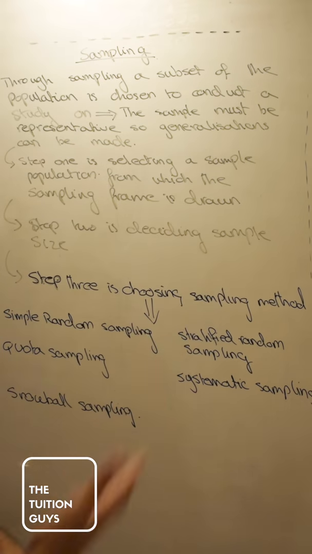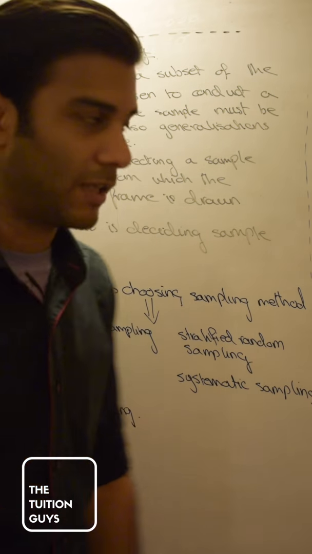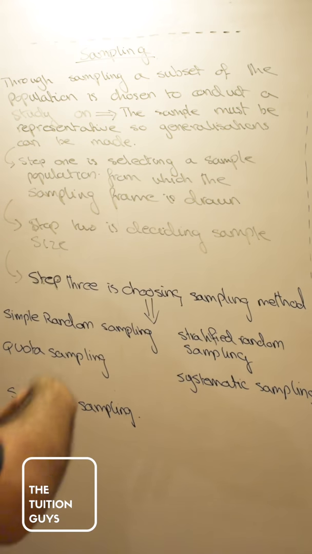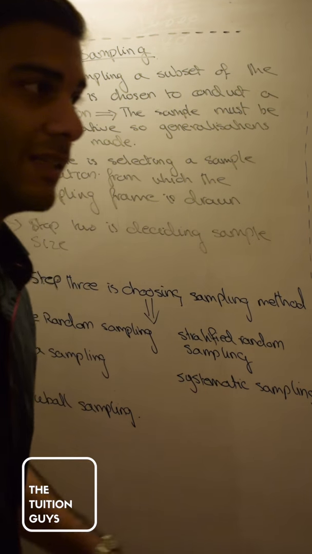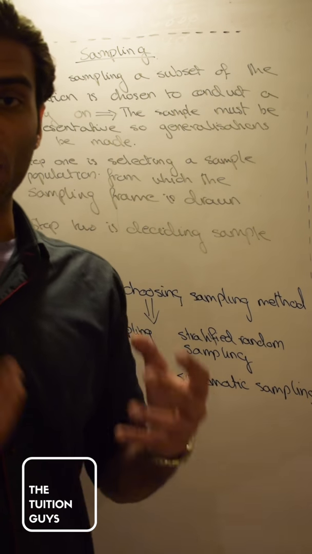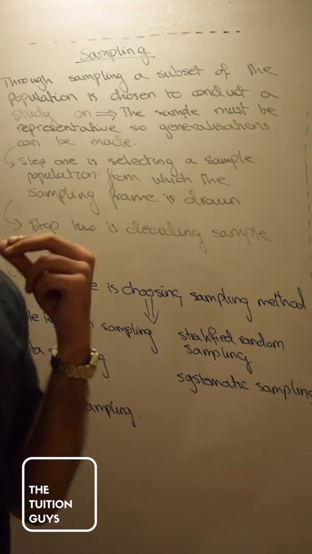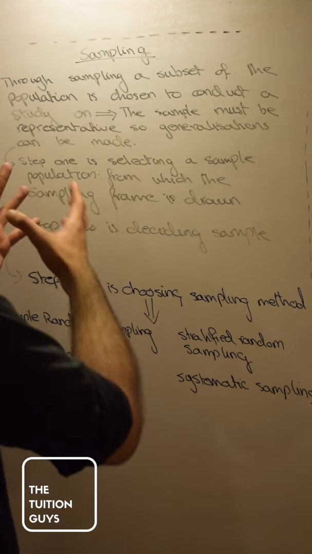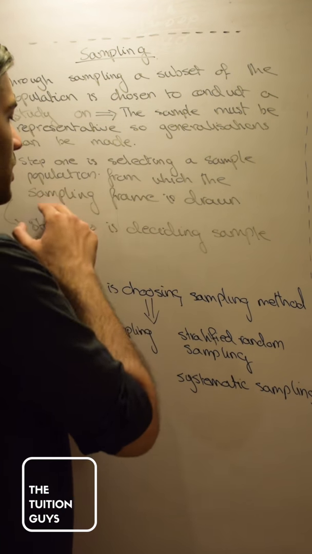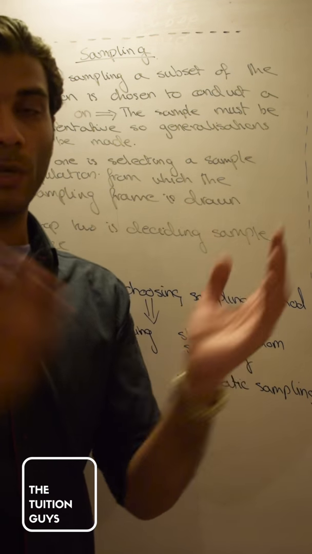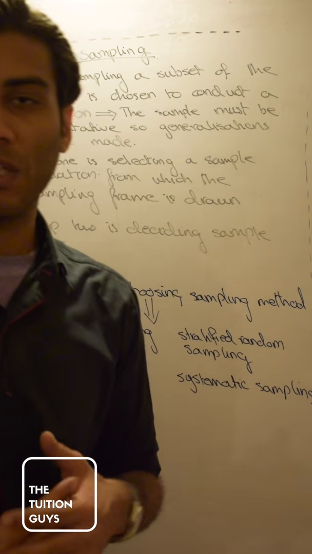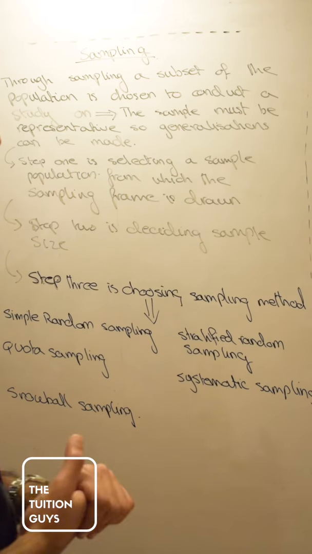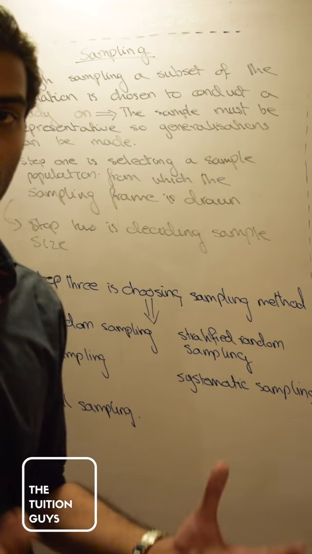So what are your steps in sampling? They're on the board here. Step one is you choose your sampling population. This is all those people who you want in your sample, who meet those characteristics. And then from your sampling population, you choose your sampling frame. You whittle it down to a few more people who are more in line with the characteristics that you are searching for as a researcher.